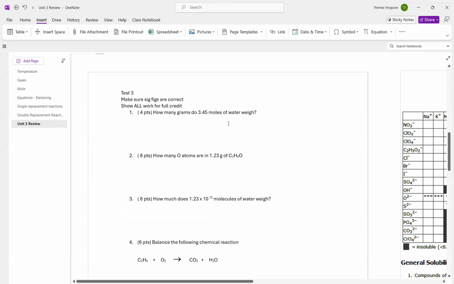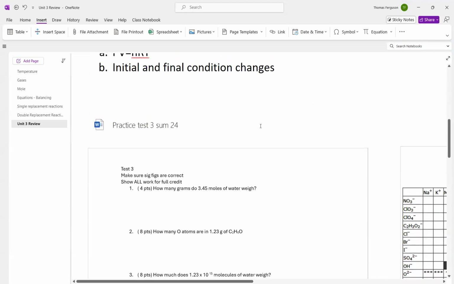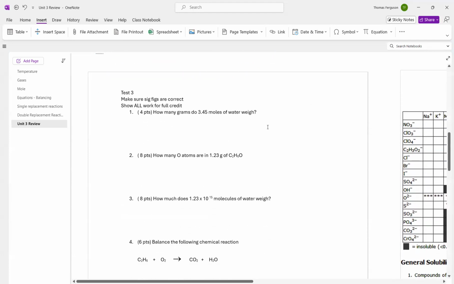On all tests, make sure sig figs are adhered to. Show your work as much as possible. All the tests are worth 100 points, as I convert all raw points to percentage points. Okay, so